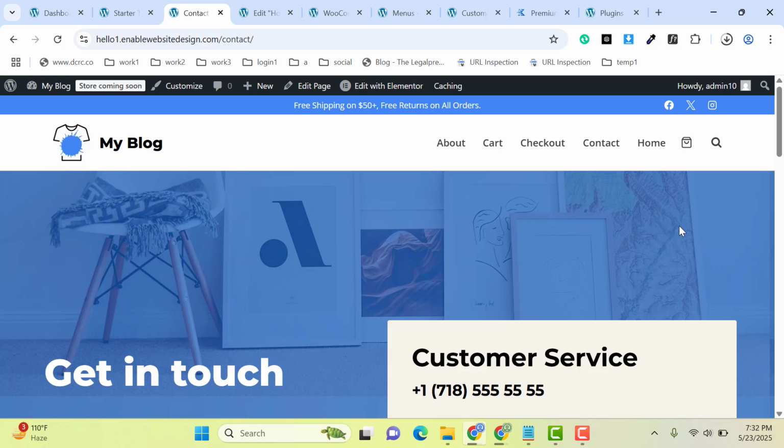So guys, in this way you can easily create a website using Kadence Pro